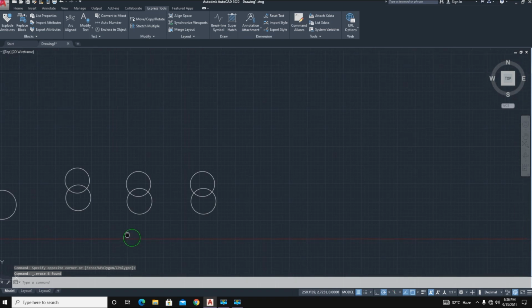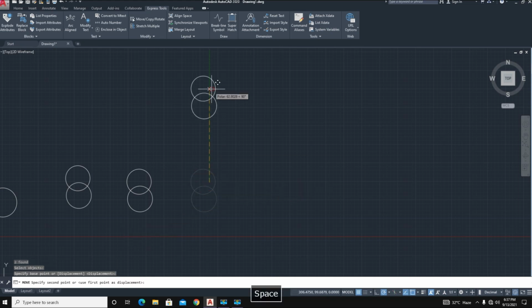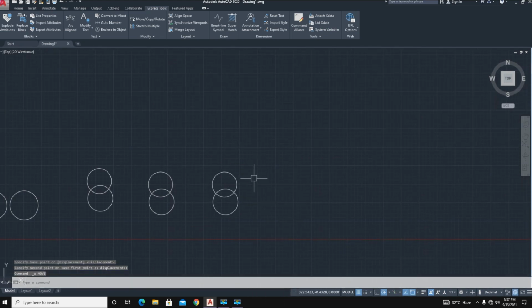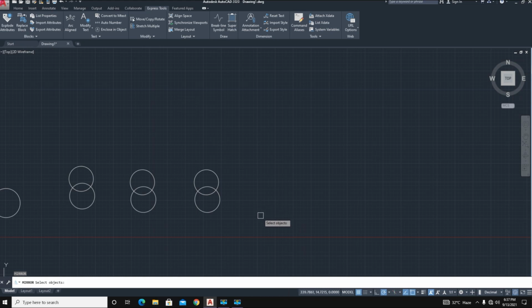Now if we use the move command, M, type GR for group, and select the group names D2, D3, it's okay. You can move the objects. Okay, if we use the mirror command, here is very important. MR, enter, and we select